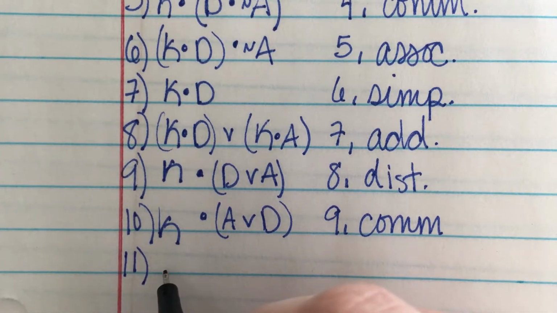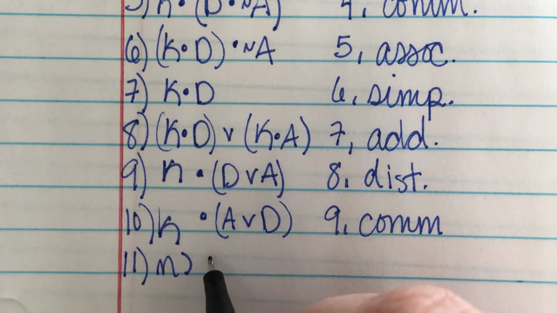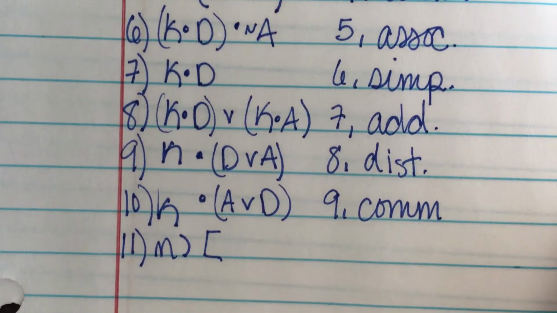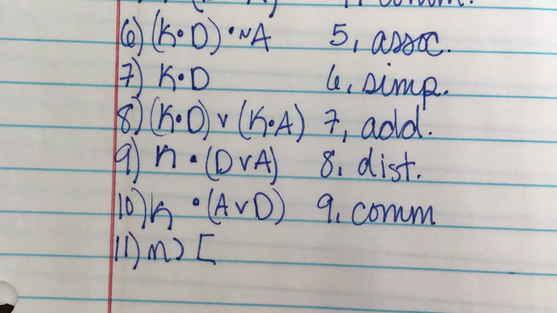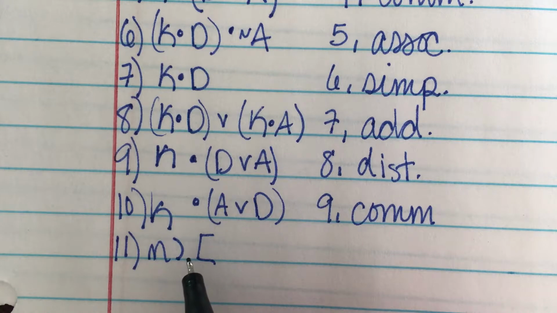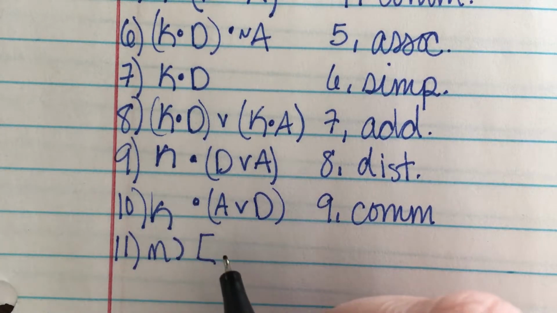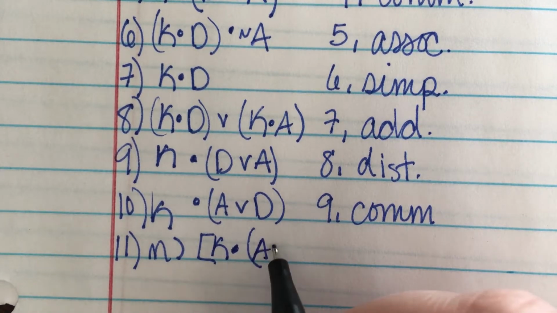Okay, so, remember what number 1 looked like? M, if and only if K and A or D. And now we've got K and A or D. See that? Okay, so if M, I see that, it's beautiful, sweetie. If M, then K and A or D,